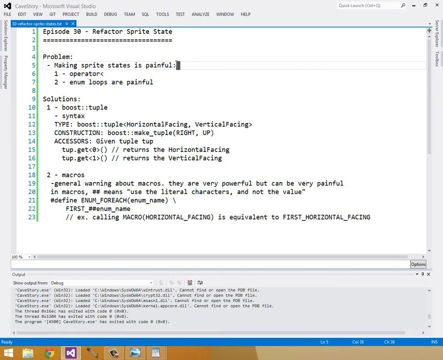So in this episode, we're going to be working on the SpriteState, which I mentioned in the last episode that we were going to be using a boost tuple. In the next episode, that time is now. And mostly what we're going to be solving with the boost tuple is an operator less than. We have to define it right now for all of our sprite states, and that's getting obnoxious,